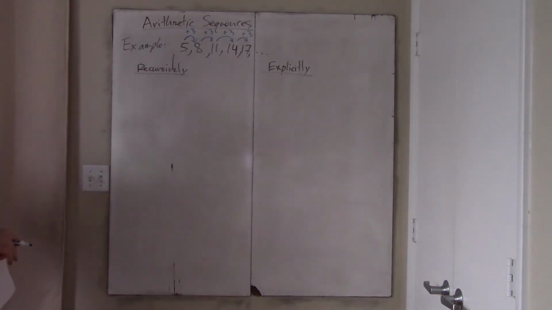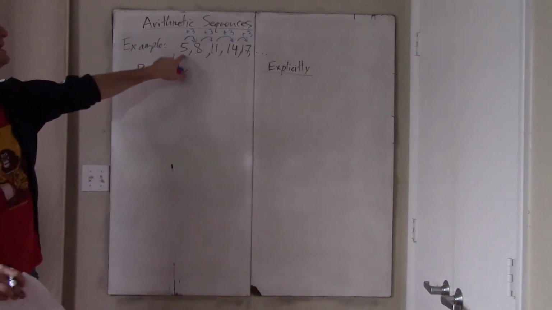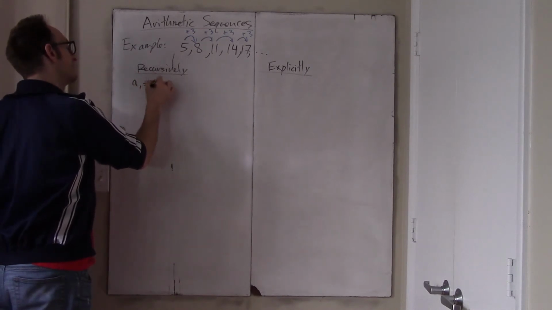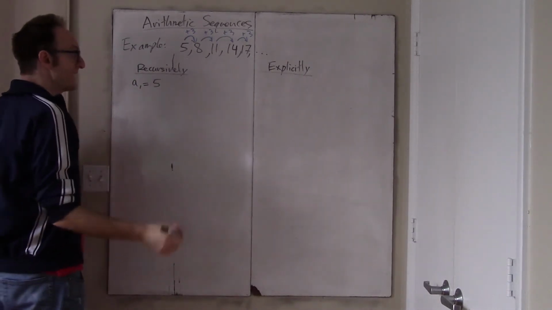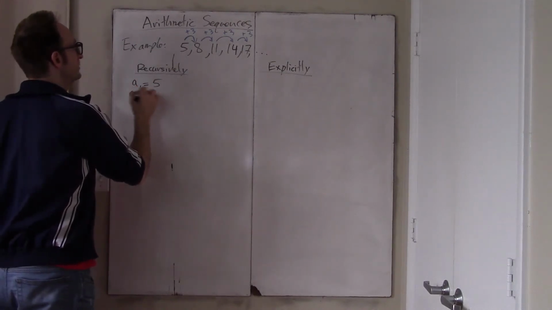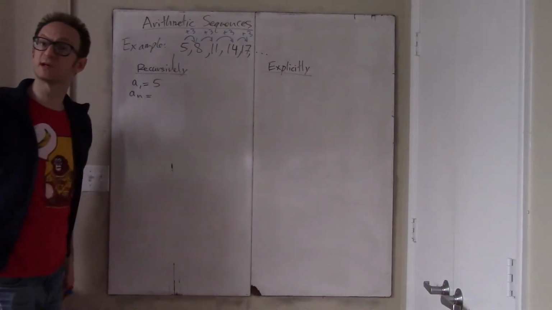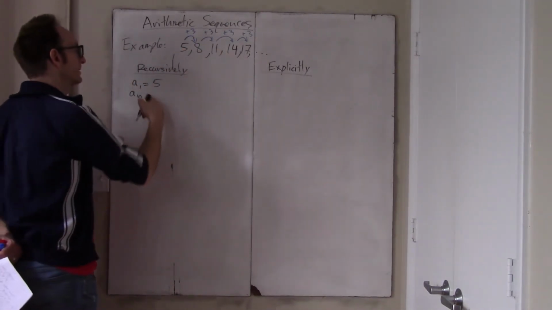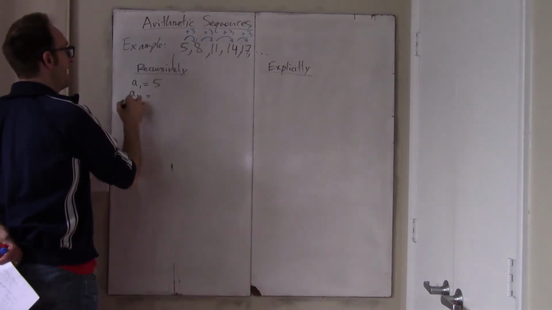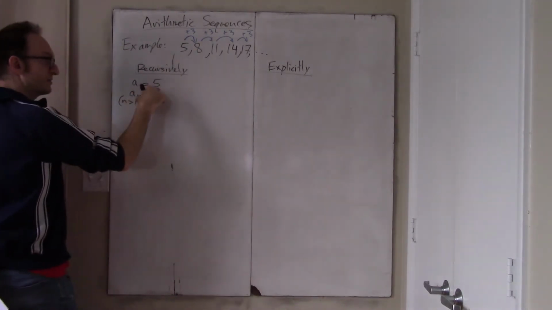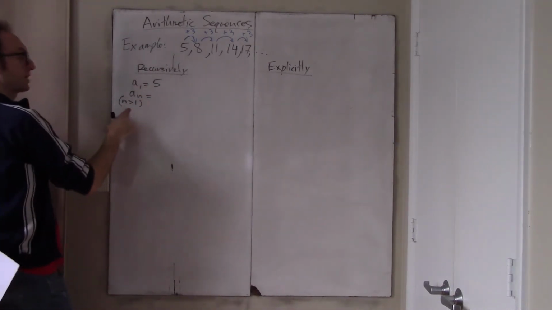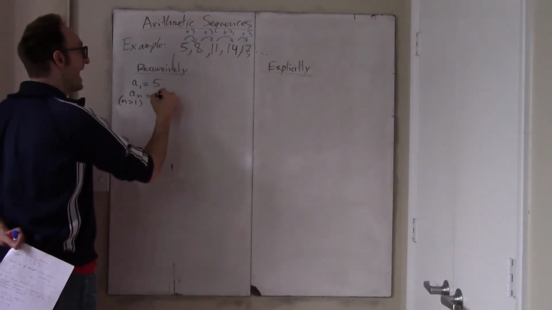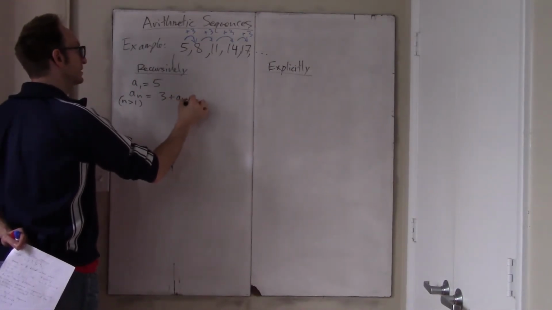Well, one thing you must say is what the first term of the sequence is. So you can say, all right, well look, everybody, the first term of my sequence is 5. And here's how you get a term: you just add 3 to the previous term. It's a very honest way of talking about this sequence that we've made up here. And so here it is. For a_1, the first term, the value is 5. But for the nth term, for n greater than 1, so for subsequent terms, you just add 3 to the previous term.